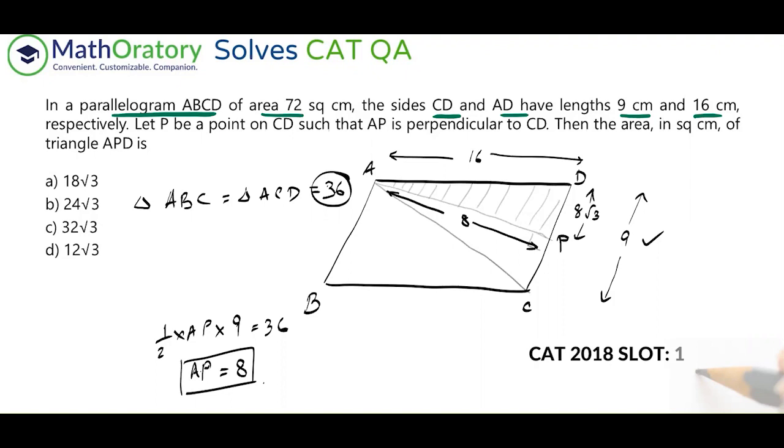So once you have that, the area of APD is pretty easy. So that will be half into AP into PD. So that is 32 root 3. So that's option C as the answer. So pretty easy question. Just draw the diagram as properly as possible. You don't have to draw exactly with scale and all, but just indicate the figure and the points appropriately. If you do that, then it becomes an easy problem to solve. Otherwise, you might make a mistake in this problem.